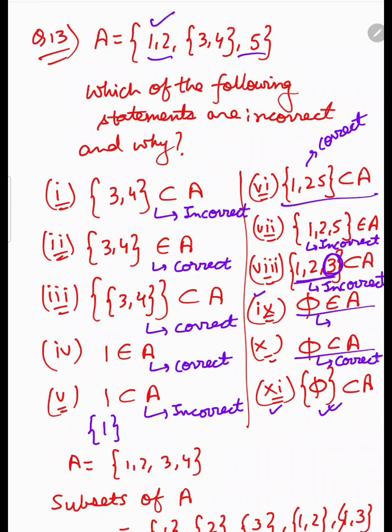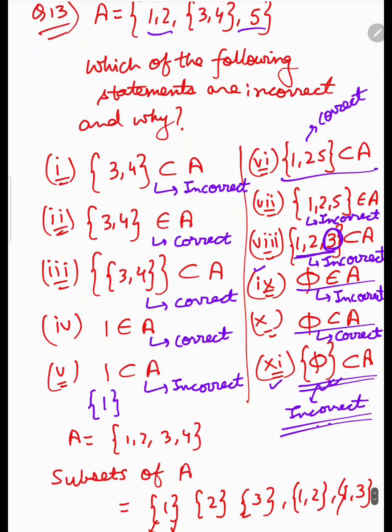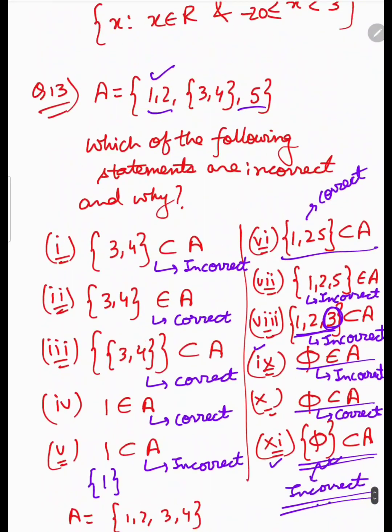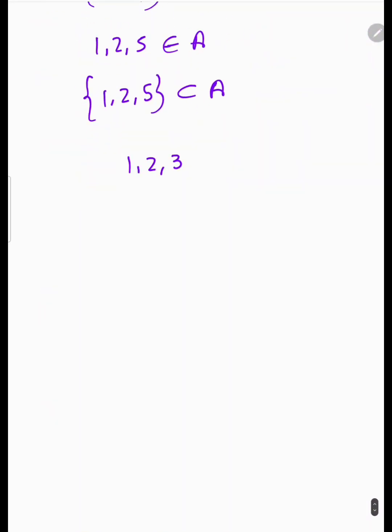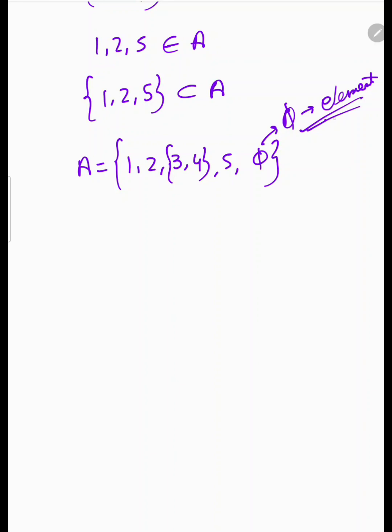5 एक सिचुएशन है सबसेट के अंदर जहां पर हम किसी भी एलिमेंट को चूज नहीं करते, लेकिन 5 एज एन एलिमेंट बिलोंग नहीं करता ए को, 5 डू नॉट बिलोंग टू ए, सो दिस इज इनकरेक्ट, एंड दिस इज ऑल्सो इनकरेक्ट। ओके, इसका मतलब क्या हुआ, मान लीजिए अगर ये ऐसा रहता 1 2 3 4 5 और ऐसे 5, ये मान लीजिए ए का, अब यहां पर क्या हो गया, 5 एक एलिमेंट हो गया ए के अंदर।